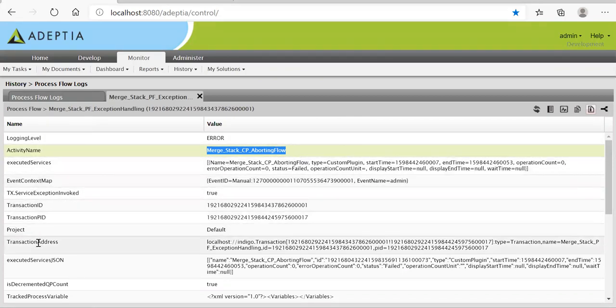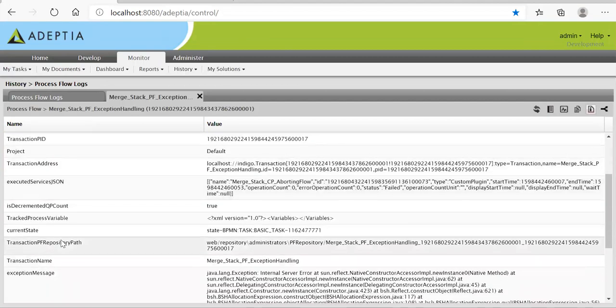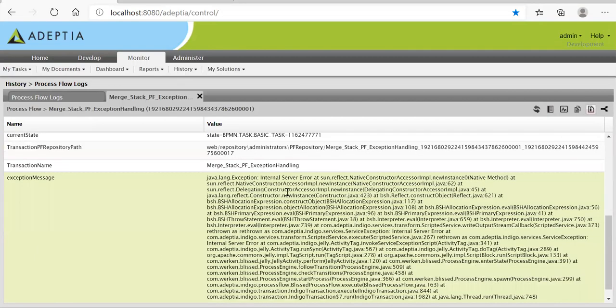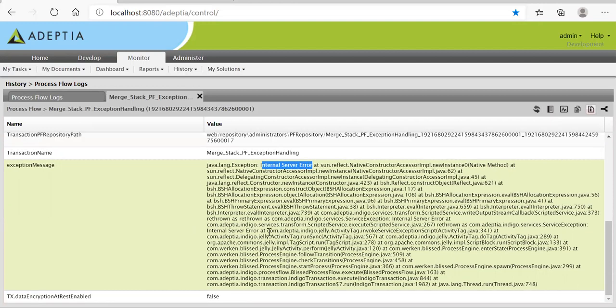And then the exception message, yes, this is what we have thrown: internal server error. By using this information, you can either log it or, based on your requirement, do whatever you need. So this is how we can handle the exception in Adaptia.